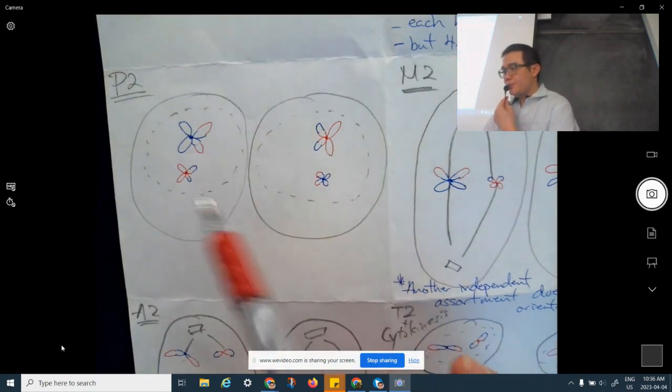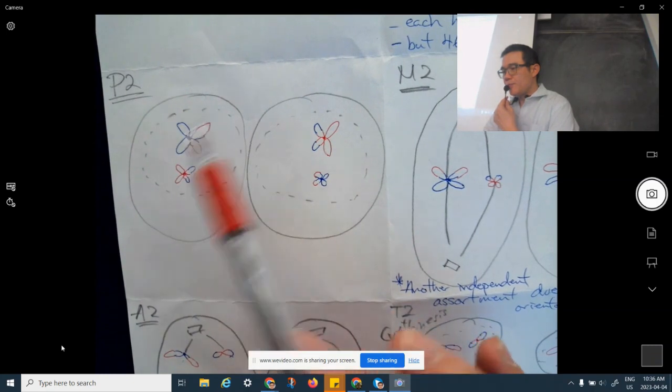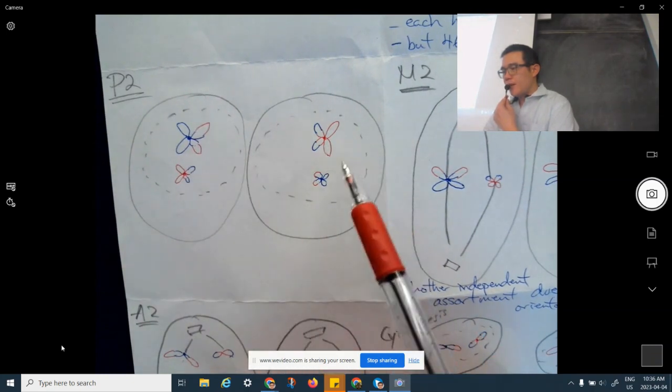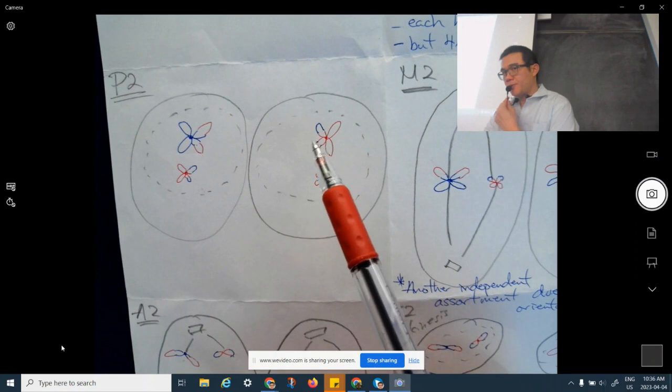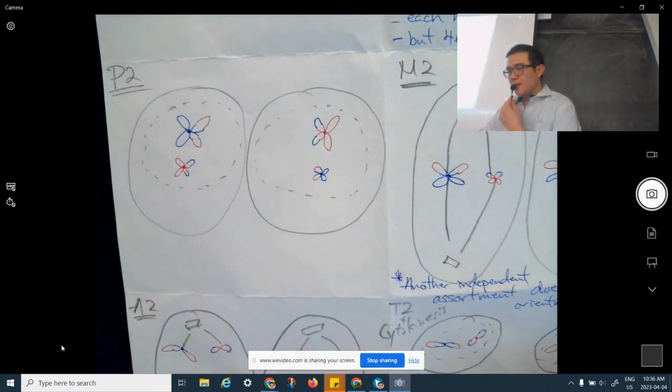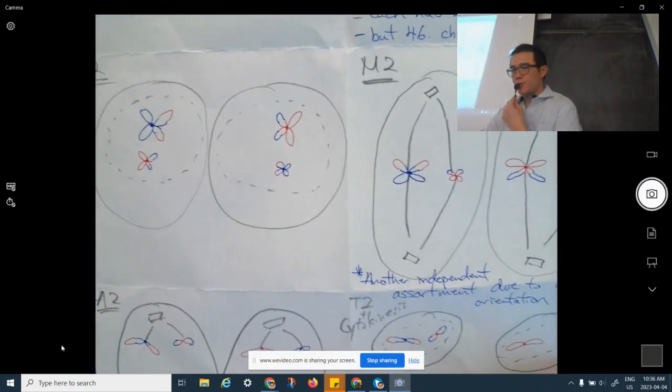So prophase 2, these chromosomes are in the middle on their own. The nuclear envelope dissolving. And metaphase 2,